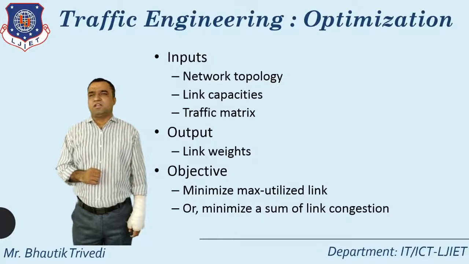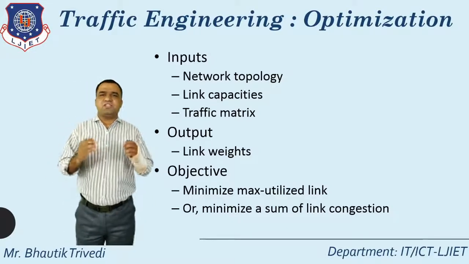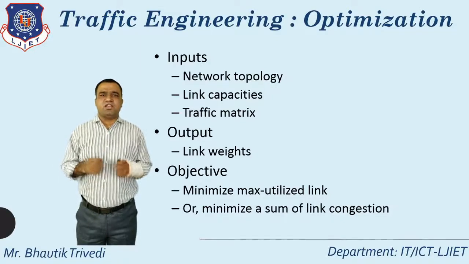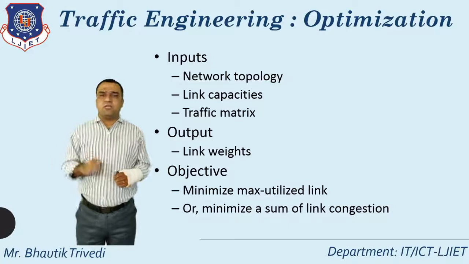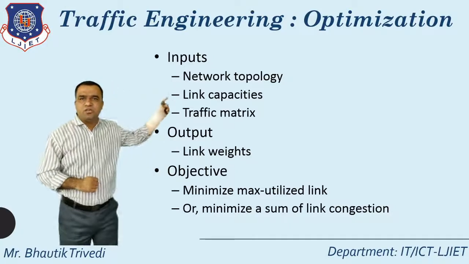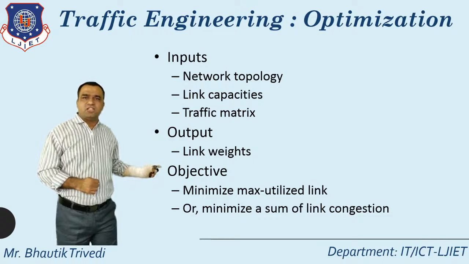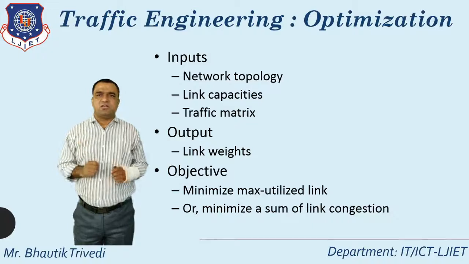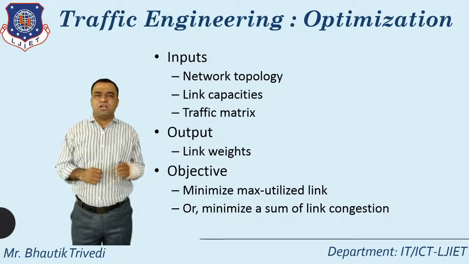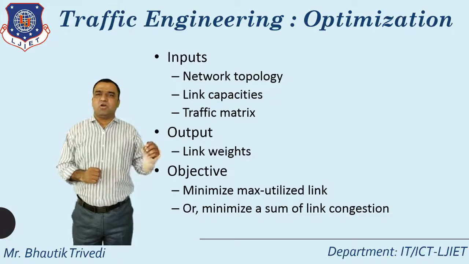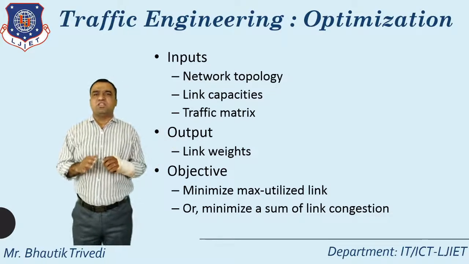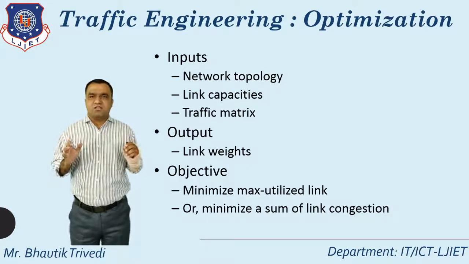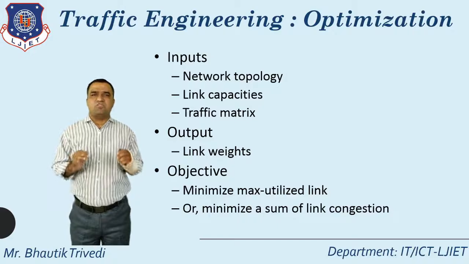After that, the most important thing: what does traffic engineering mean? And whenever you apply optimization in traffic engineering, how do I apply this? Mainly three focusing points. One is the input, second is the output, and third is the objective. Input supports three types: according to the network topology, according to the link capacity, and according to the traffic metrics. That is about the input. Output means finally the link weight, which totally depends on the weight of the link.